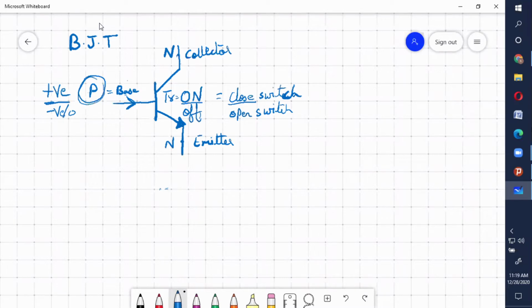Students, have you understood the concept? How does the transistor work as a switch? When base is positive, it will act as a closed switch. When base is negative, it will act as an open switch. Is it clear, students? Shall we proceed? Okay. Now, for today's concept, what we'll see is using BJT in your syllabus.